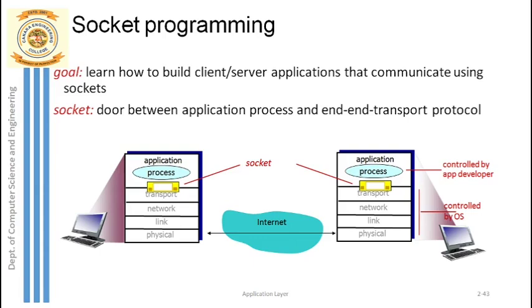UDP is the one which will not provide you so much security. Whatever message or data you're transferring, some portion of it may be lost. For example, when you're using Skype, some of your gestures may be missed out, or some portion of the words you have spoken might be lost because of a network glitch, right? Those types of disturbances you may face if you are using UDP as a protocol.